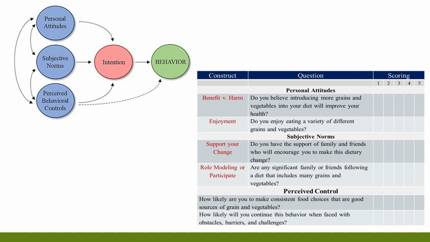So therefore, there's no congruency here. You're probably not going to start or stick this thing out. You have to get them both to be congruent with each other. In other words, they both need to be 5s. So how do you do that? Well, you're going to have to think creatively. If this is what you want to do, in other words, introduce more grains and vegetables, you're going to have to figure out